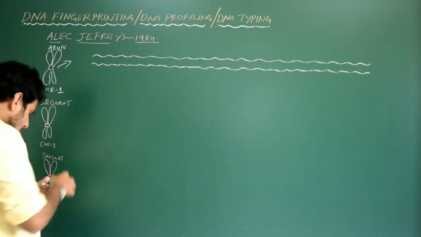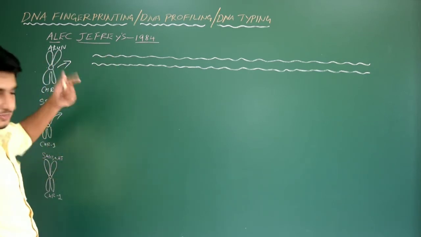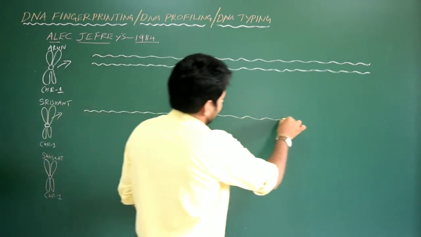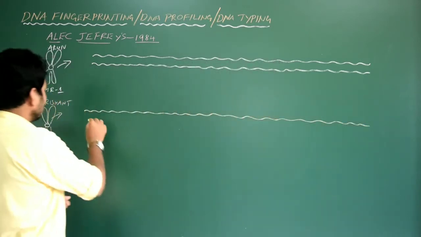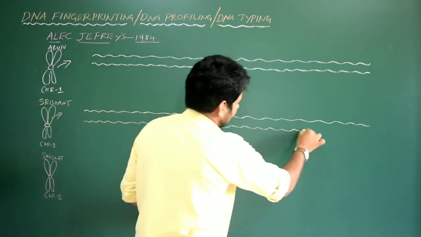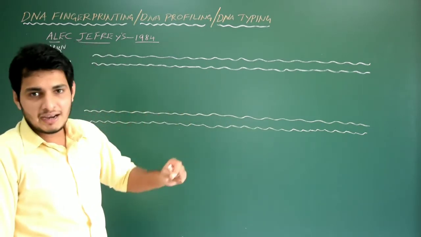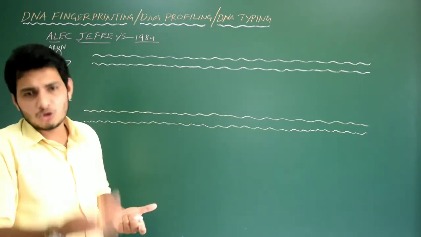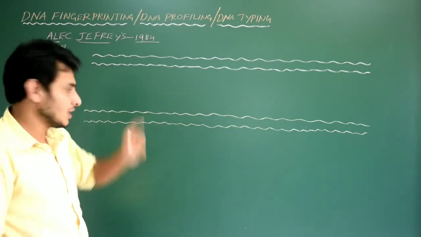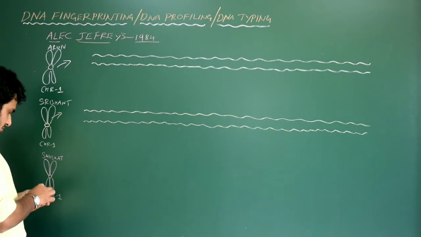Now I'm going to unwind Srishant's chromosome number 1, using the same method. If I unwind it, obviously I'm going to get a long DNA. Is this a genome now? No, we cannot call this a genome, because genome means if we unwind all the chromosomes, like 46 chromosomes, you are going to get a 2-meter stretch of DNA. That is the genome.